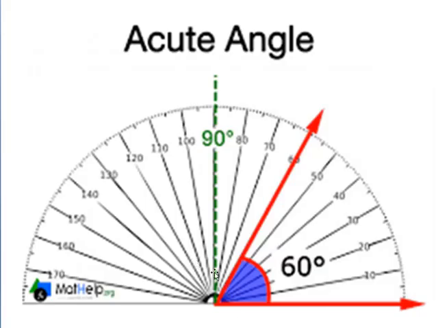Here also you can see this is 60 degrees, an acute angle. If you go a little beyond, up to 90, then it is a right angle. This complete one is a right angle. But this red angle, what you see in red color, is 60 degrees, that is an acute angle.